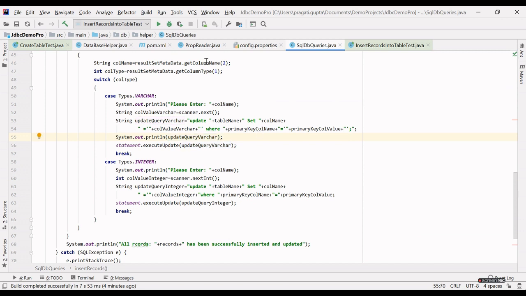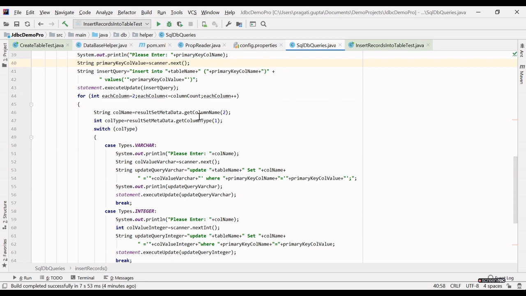Okay, and why did I give this here, okay, I gave two hard-coded values here. Sorry guys, change it. This should be each column. And the column type here, each column. Okay. We want to get the column type of each column, and also we are getting the column name. So let's run this again.